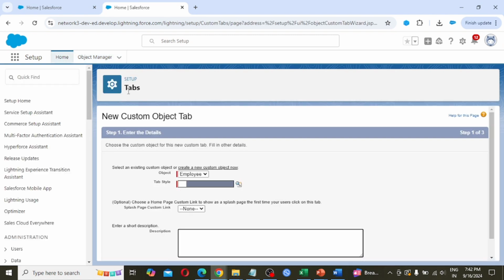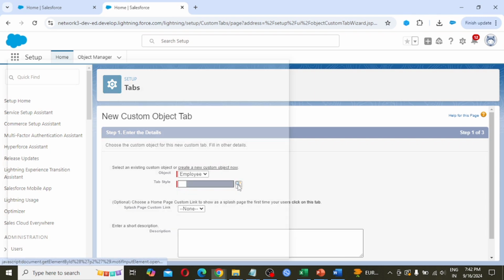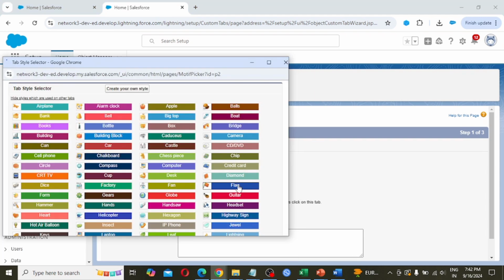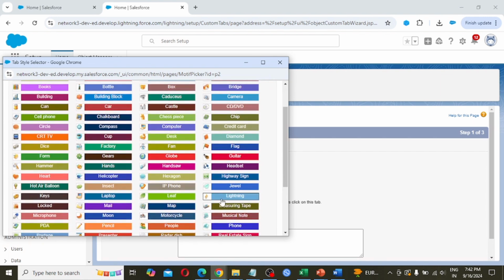It is asking for the tab and what the tab style is. Employee is our object name. Tab style: if we click here on the search box, we are able to see different types of styles. We are free to take any style.